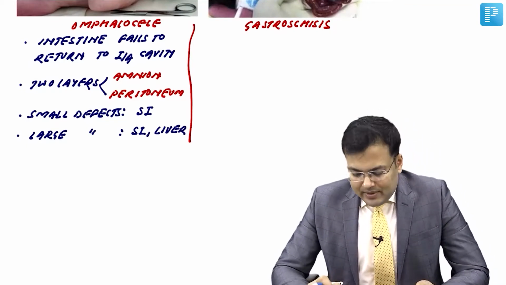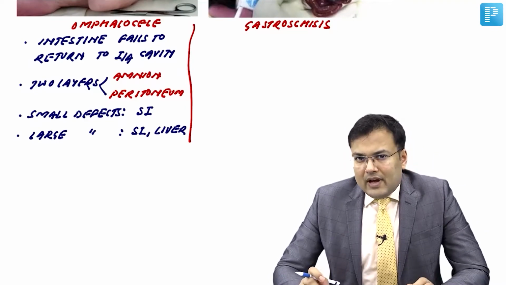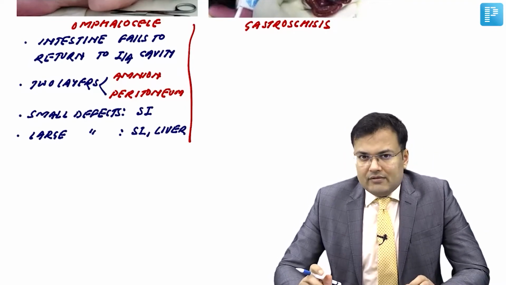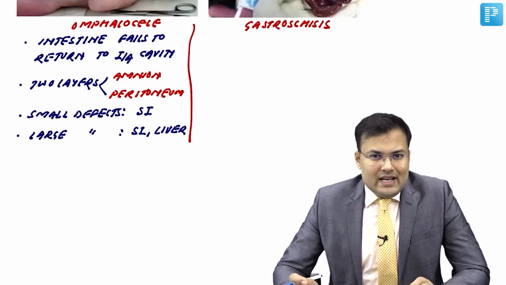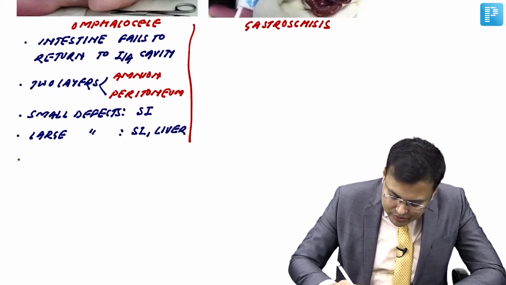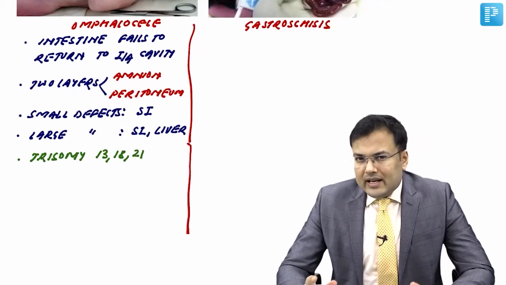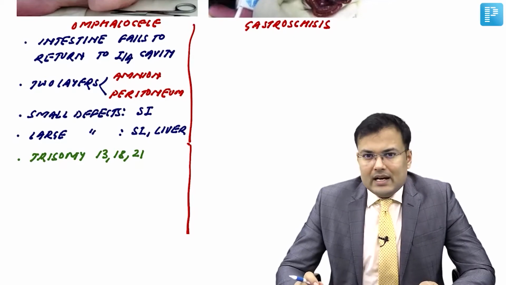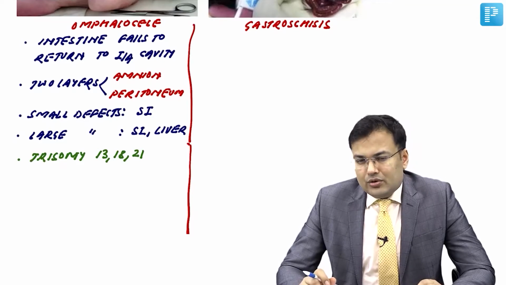Now see, this topic is also asked in pediatrics, and the question is that omphalocele is associated with trisomies. Which trisomies? Trisomies 13, 18 and 21. So this is an important question. It is associated with trisomy 13, 18, 21. The second important point which is frequently asked is that this omphalocele is associated with